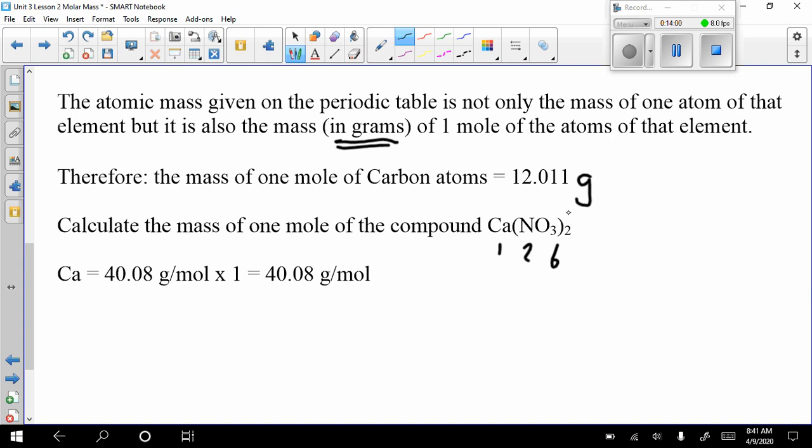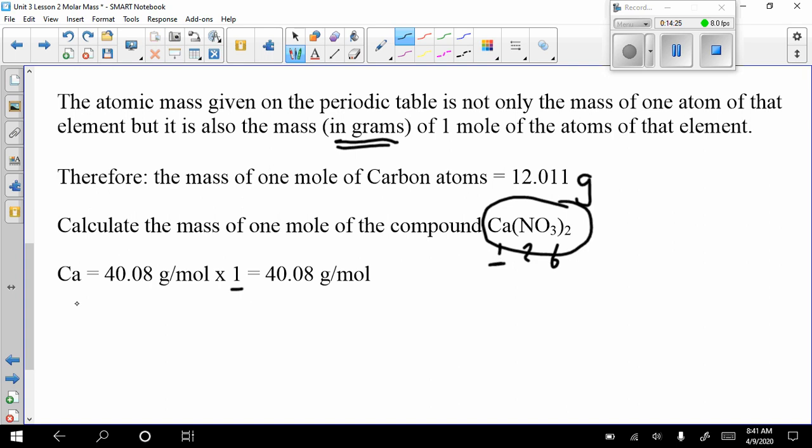So if I want to figure out what 1 mole of calcium nitrate weighs, I've got to work with each of those atoms separately. So the first thing I would do is I would look up on the periodic table the mass of calcium, and sure enough, I would get it's 40.08 times 1,